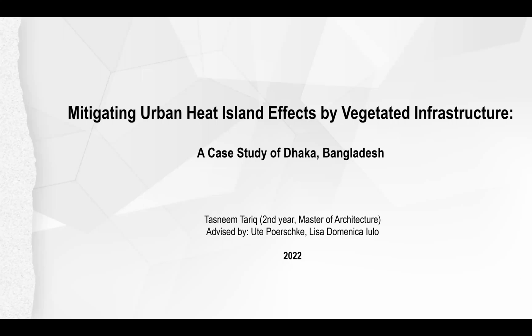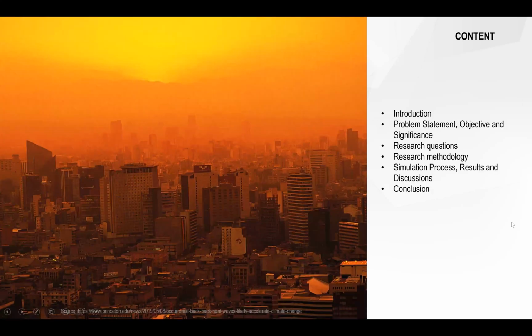This research is about mitigating urban heat island effect by vegetated infrastructure, a case study of Dhaka, Bangladesh. So the content is introduction, problem statement, objective and significance, then research question, research methodology, how the simulation is done,